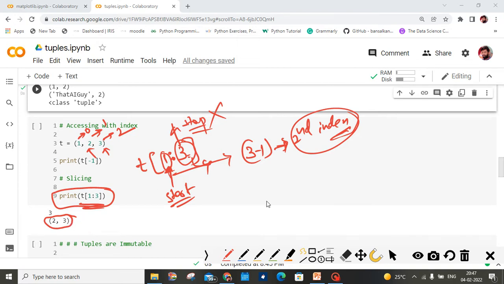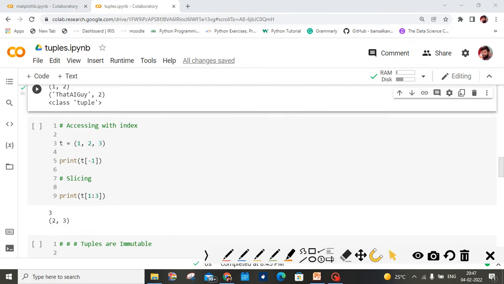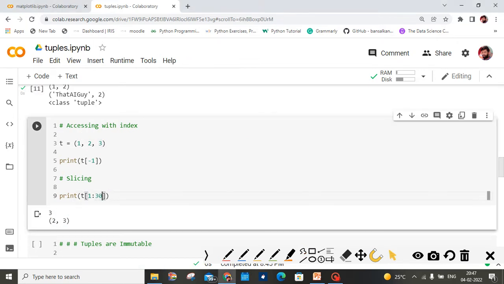Okay, now delete this. What will happen if I change this value to 30? Run this code. There is no 30 index, but it is not giving any error. Remember that it is not giving any error because we have only the index values 0, 1 and 2. Up to 3 elements we have index values 0, 1 and 2, but we gave 30 as the index value.